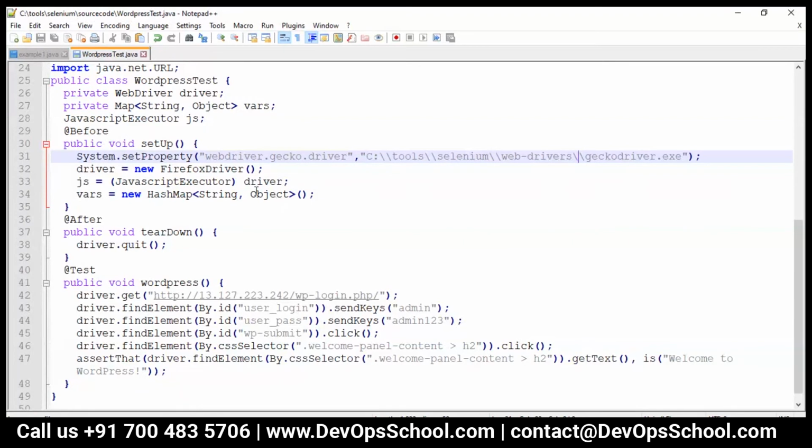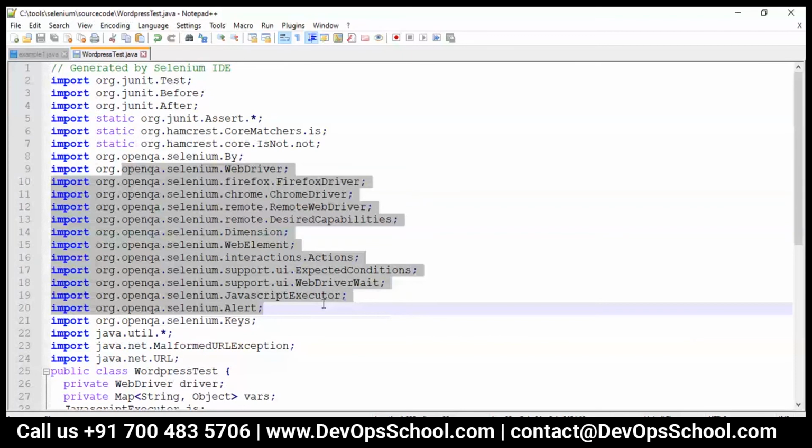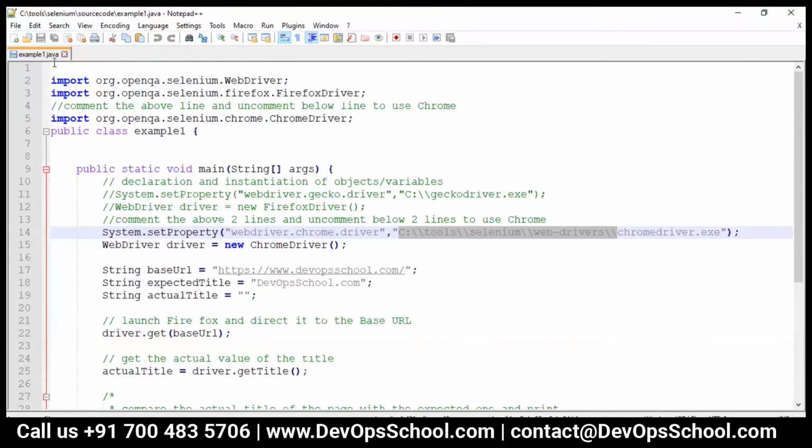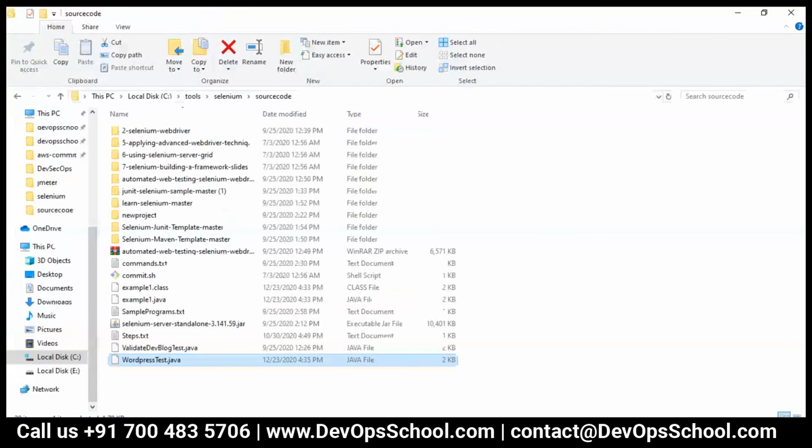This is the Gecko driver. So here system Gecko driver is set and driver is equal to new Firefox driver. So now I'm assuming this is set. I am doubting about these two. I don't know, it's a Java default one, hamcrest. I'll just check that.